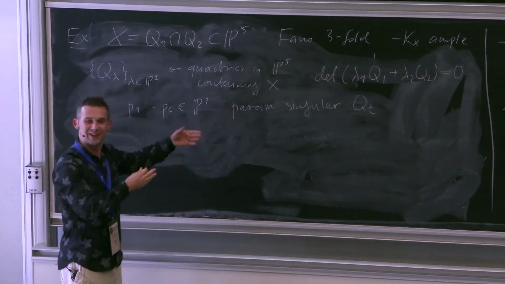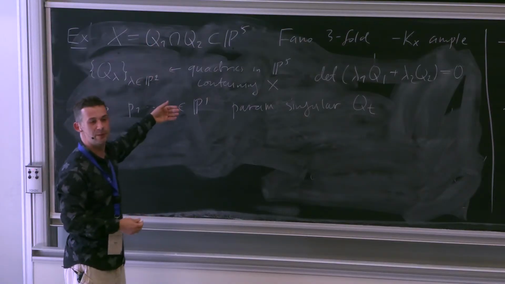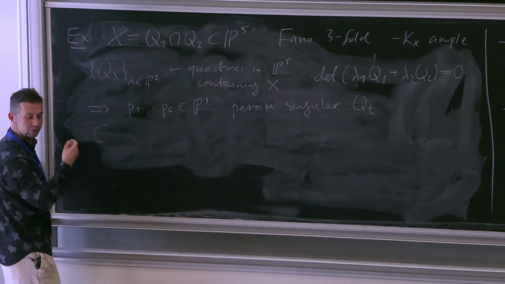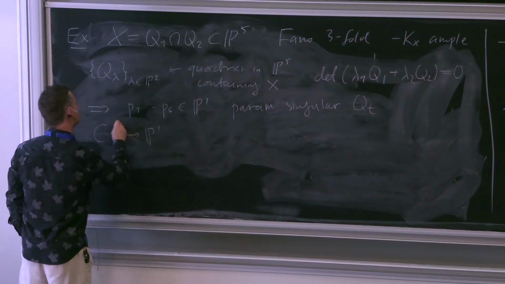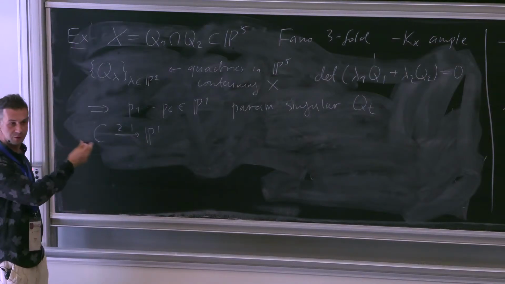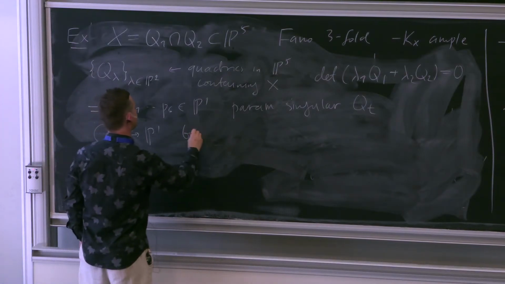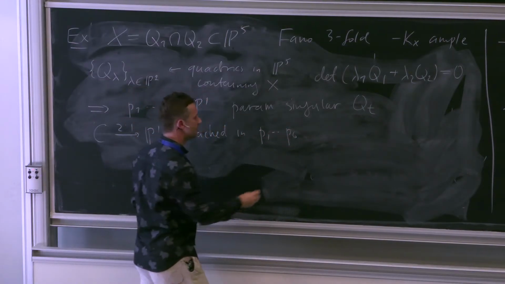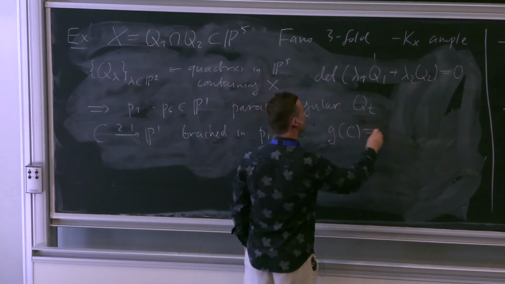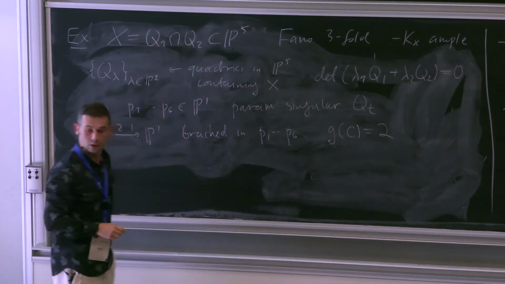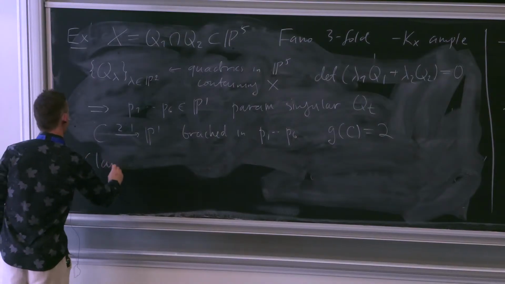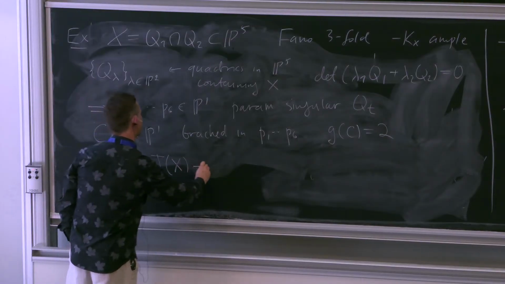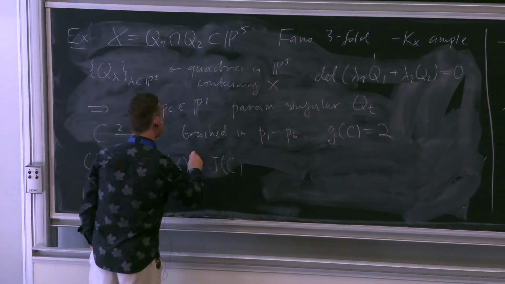So it won't be related to what I'll talk about next. I just want to give a nice example of a Jacobian. Because now what I want to say is that 6 points in P1, you need to think about a hyperelliptic curve. So you look at the 2-to-1 cover branched in these points. And that's a standard computation: it's a genus 2 curve. And then the claim, some kind of projective duality claim, is that the Jacobian of X as a principally polarized abelian variety is the same as the Jacobian of the curve.